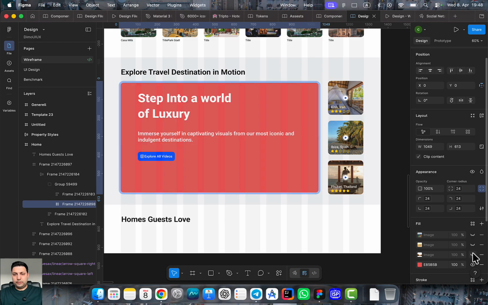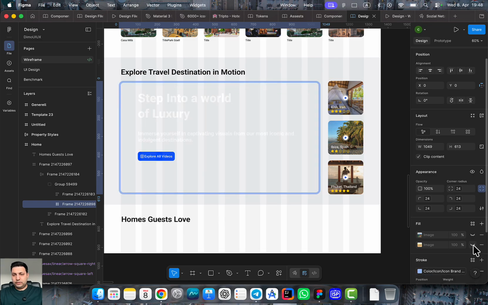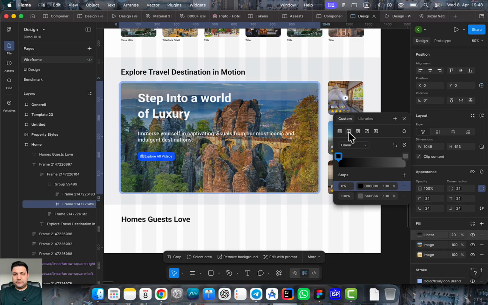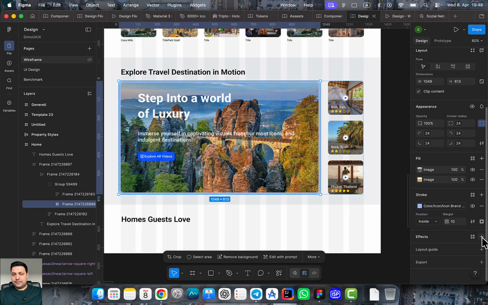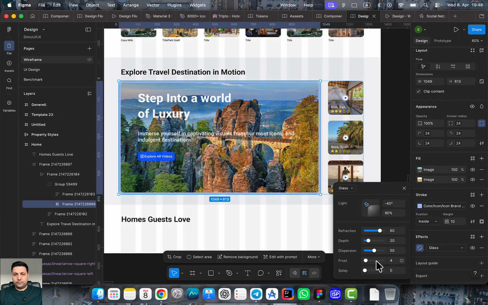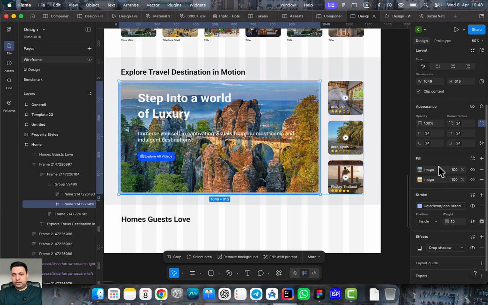Also this one, that's okay. Good. We can make somehow overlay on whole picture, or let's see, can we add glass effect somehow? No, it doesn't work very well. But here